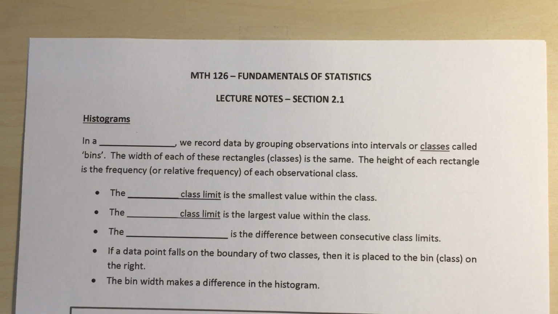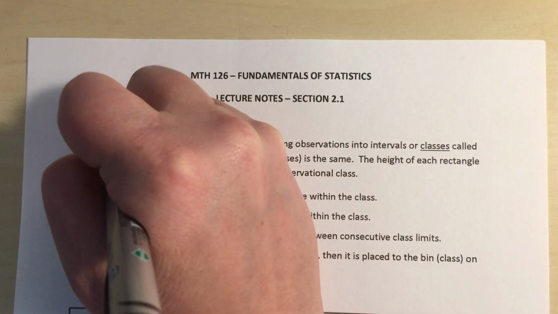Right, the last type of graph for numerical data that we are going to talk about is the histogram. This is by far the most popular type of graph for numerical data. Right? So in a histogram,